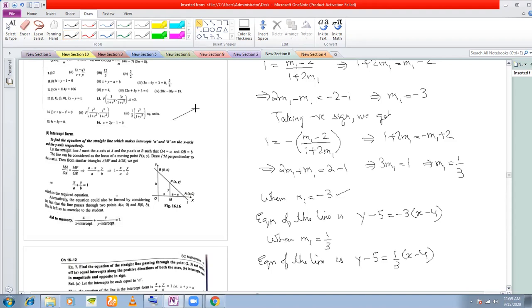Let's say this is your straight line. Okay. And you need to find the equation of a straight line that passes through, say, this point 4, 5, and makes an angle of 45 degrees with this line. So you can have a straight line like this, which passes through 4, 5 and makes an angle of 45 degrees. You can have this angle as your 45 degrees, and you can have another straight line like this that makes an angle of 45 degrees with this straight line.